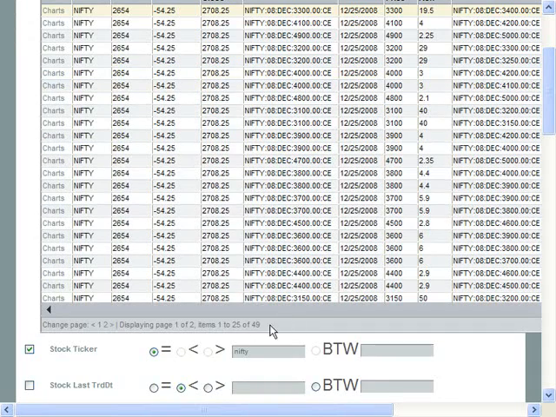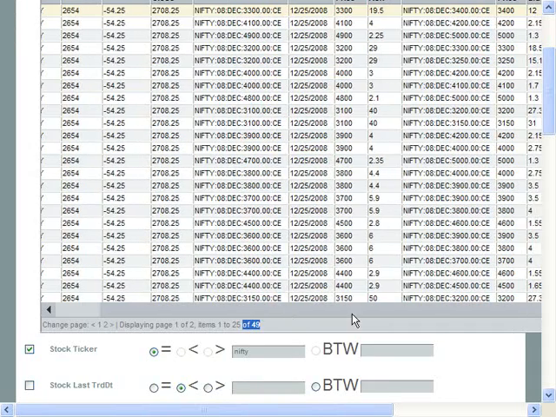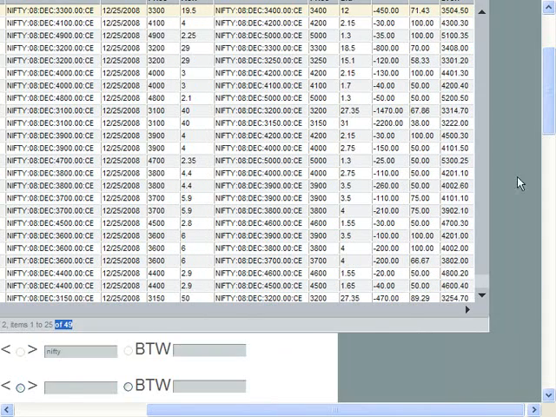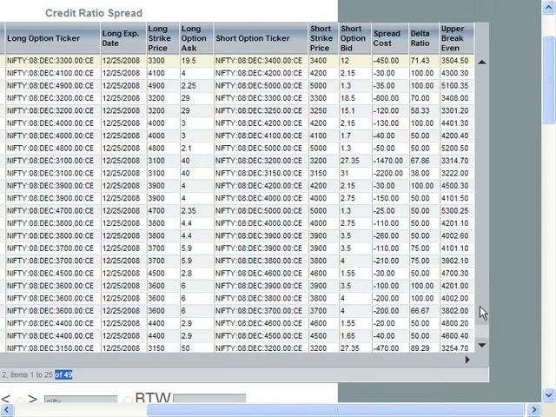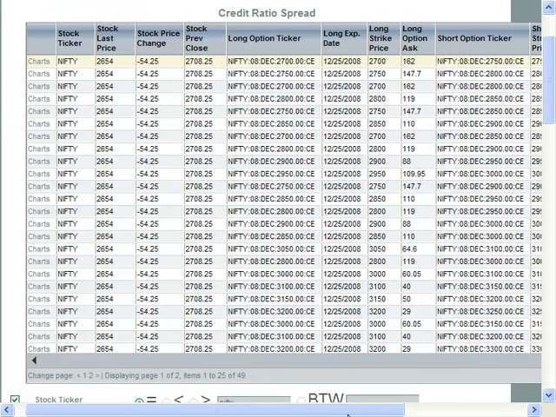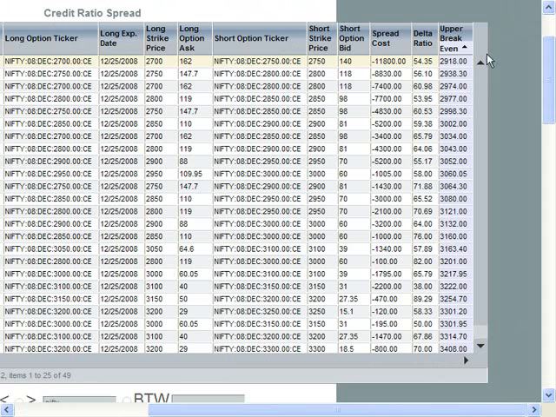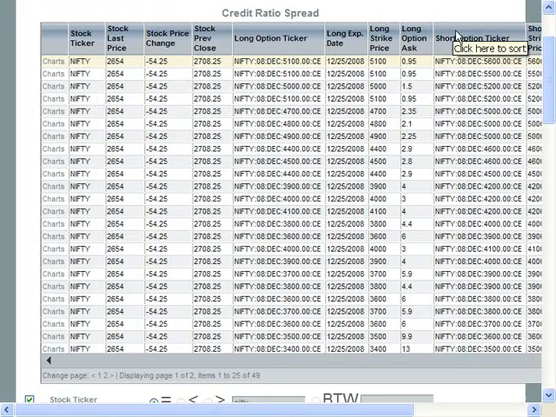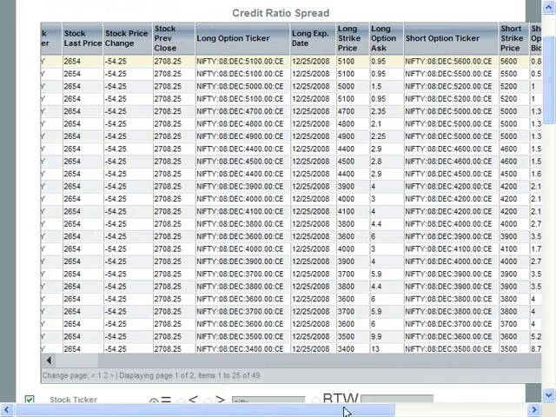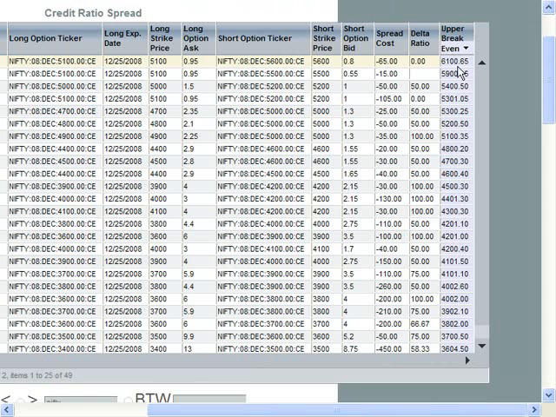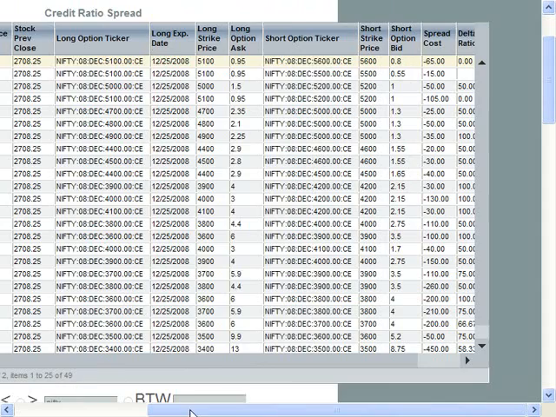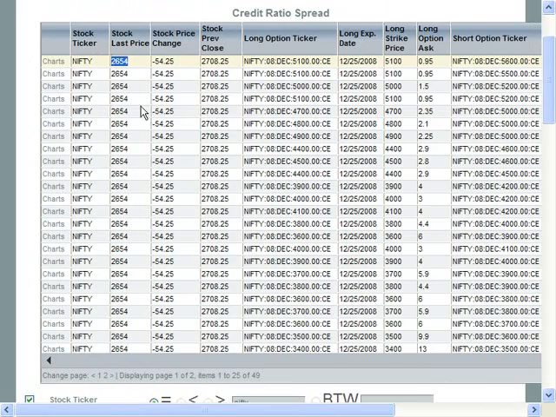Expert Options shows me 49 positions which are Nifty call ratio spreads, and the column of interest is the upper break even. We want to have an upper break even as high as possible, so I want to sort it by descending order. And so I have the top one here. Nifty is currently trading at 2654,